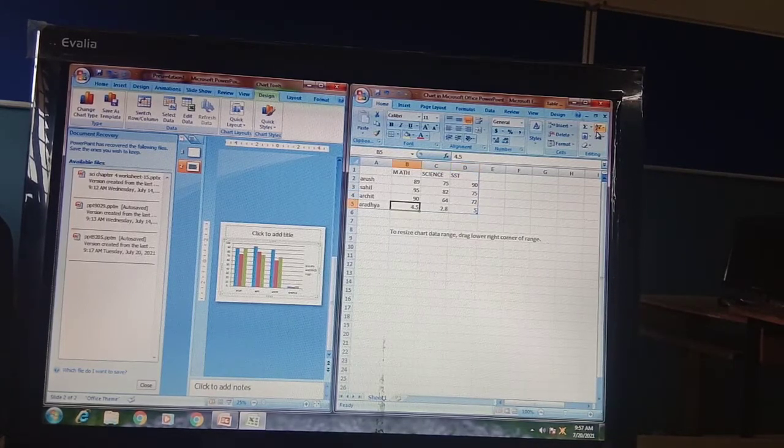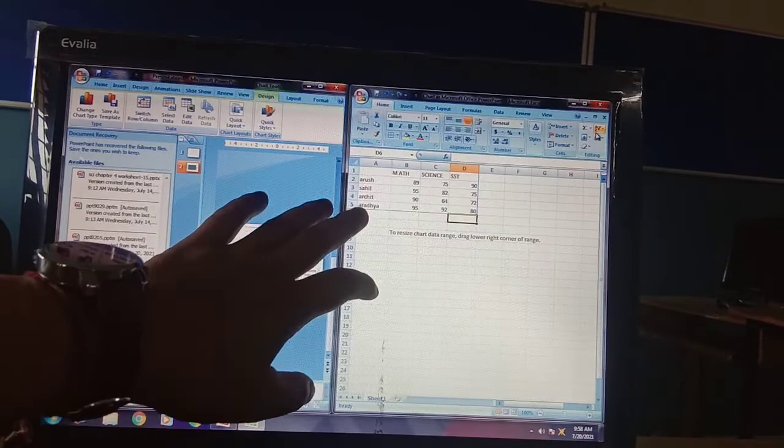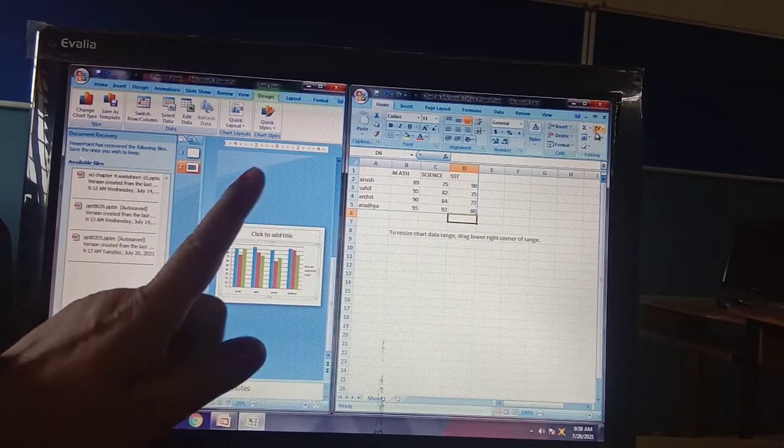Like 95, 92 and 80. Okay, so these are the marks. As I inserted the marks and the names, these will reflect in this chart.